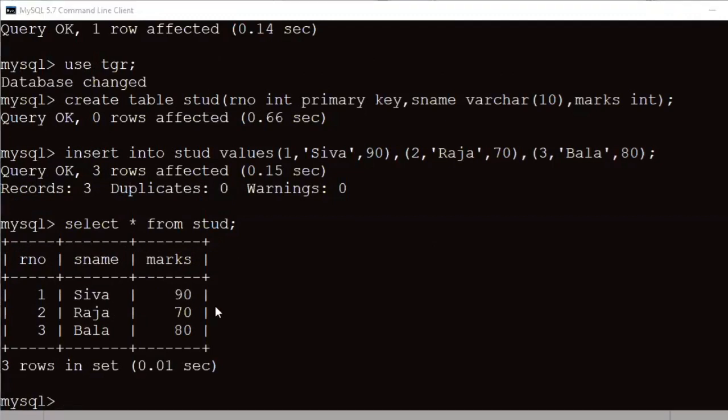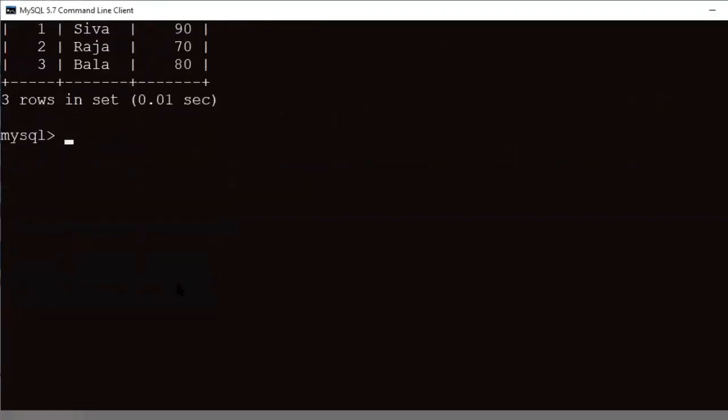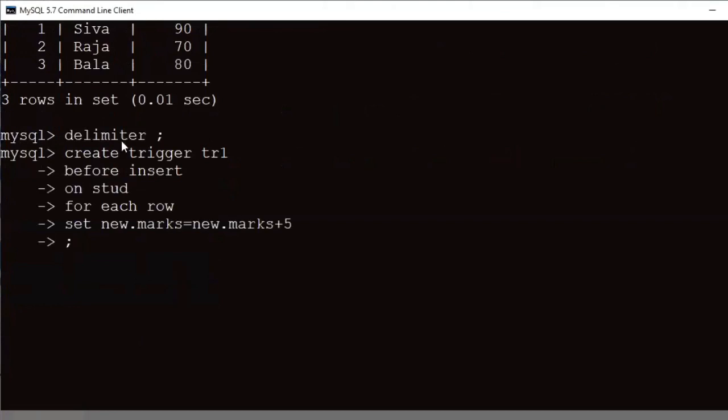Next is to create a trigger. We have 2 types of triggers, that is before as well as after. The first example is before. Start with delimiter. Here I am using semicolon, start as well as end. Create trigger. The trigger name is tr1. So I am using here before insertion operation on the table stud for each row.